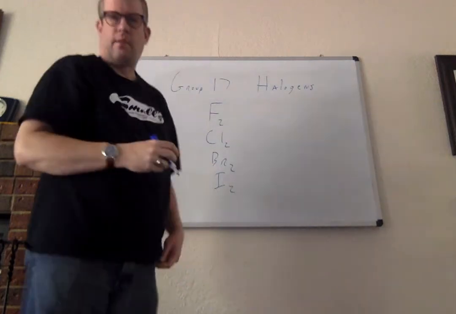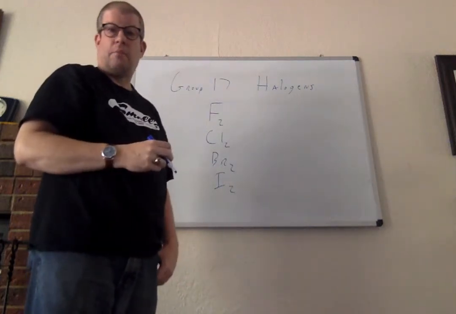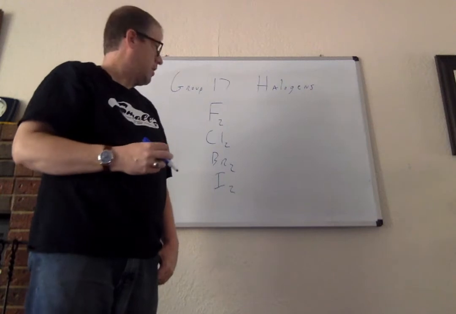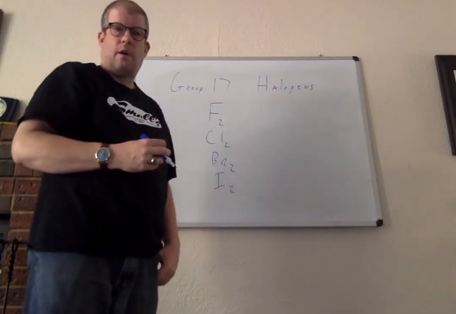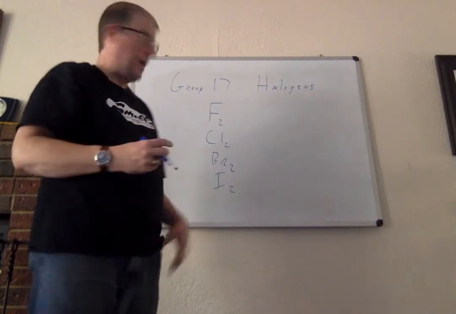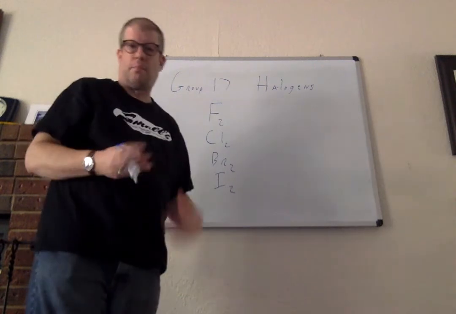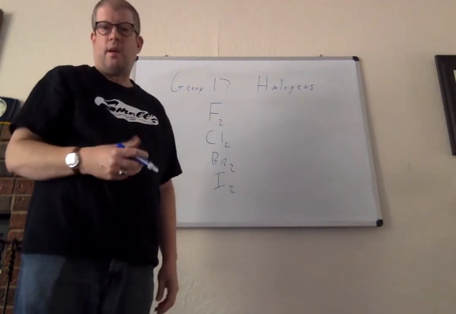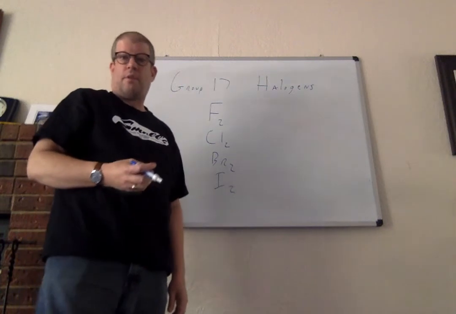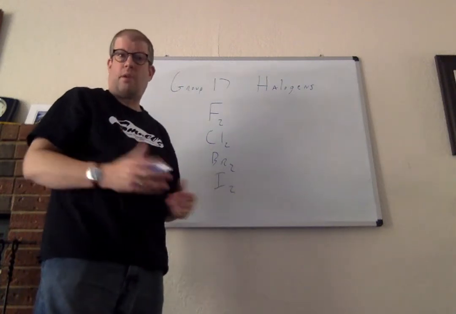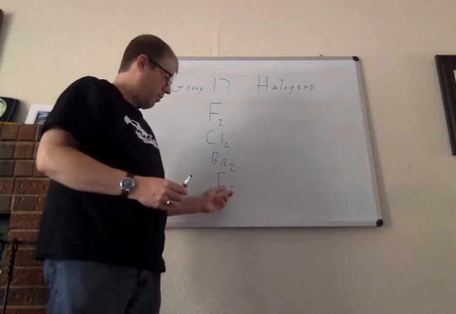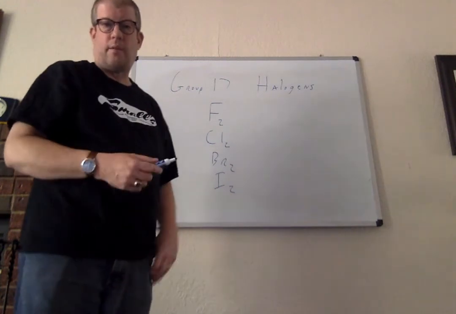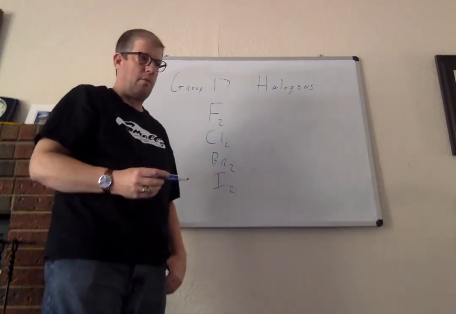are diatomics. So there's a single bond between each of the elements, and this is how they're found in nature. You can have atomic versions of these, but you have to break the bond somehow. I also left off at the bottom astatine. There's not much of this in the Earth's crust at all. There's not much of it around because of its radioactivity, and so that also comes as a diatomic, but we're not even going to talk about that because it's so rare.